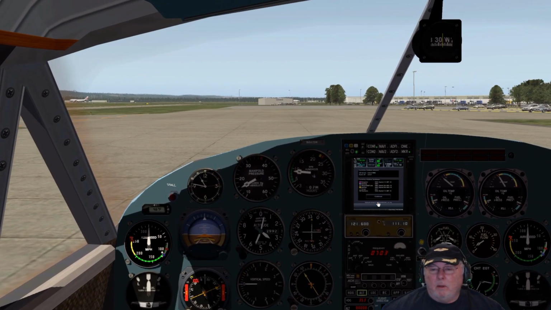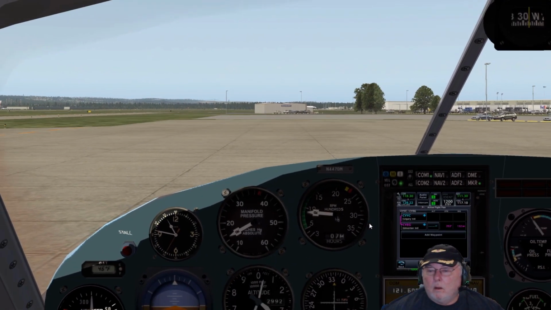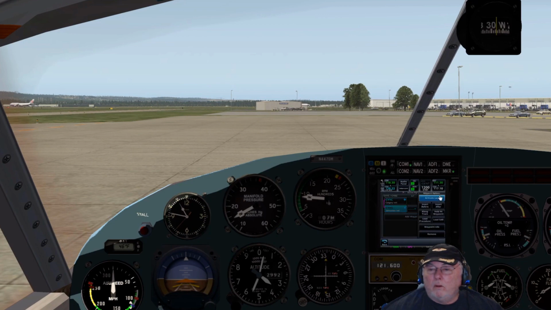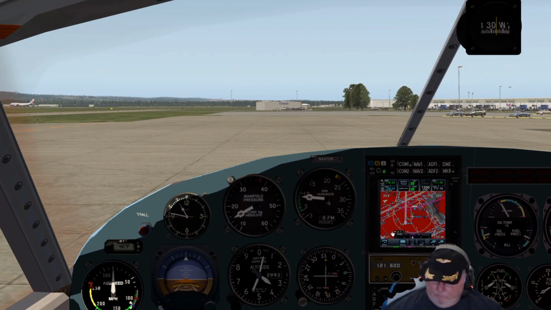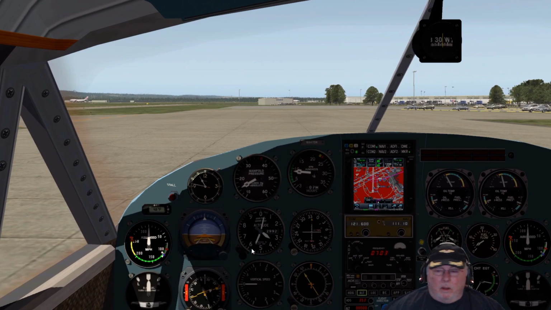Let's set our flight plan. And that's going to be C... I've tried this so many times, I know it by heart. CYEG. Make sure that it is activated. Not that I don't trust the GTN. Okay. So with that,